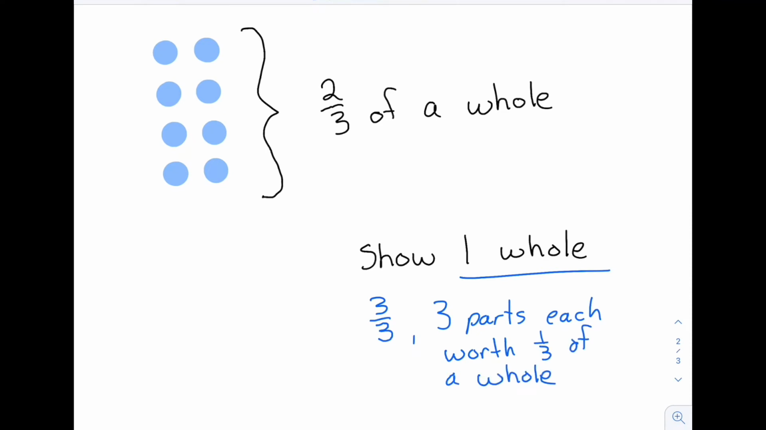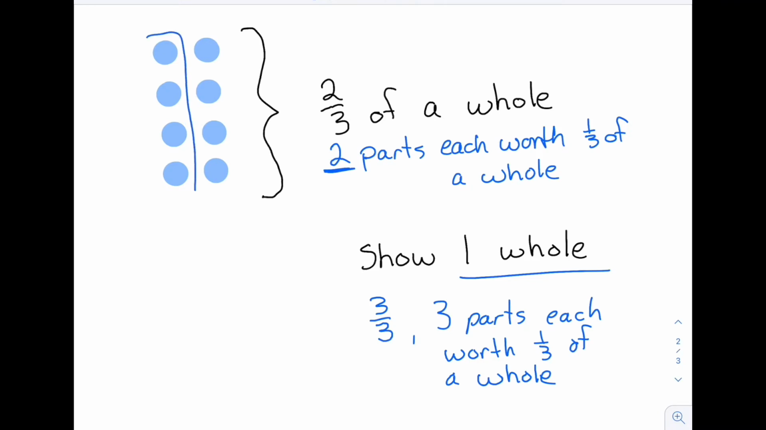Well, right now we have 2/3 of a whole, or 2 parts, each worth 1/3 of a whole. So when we look at these 8 blue dots, we need to look at them and see 2 parts, and then we're going to name those 2 parts. Each of those parts will be called 1/3. When I look at this, I can see if I break it up in this way, I have